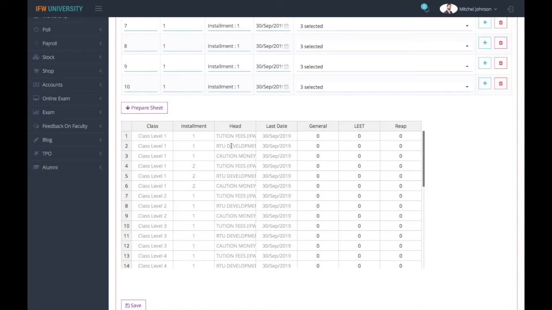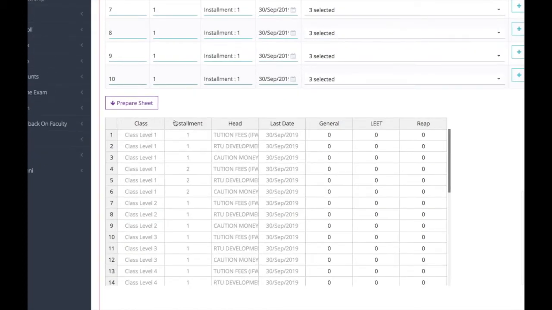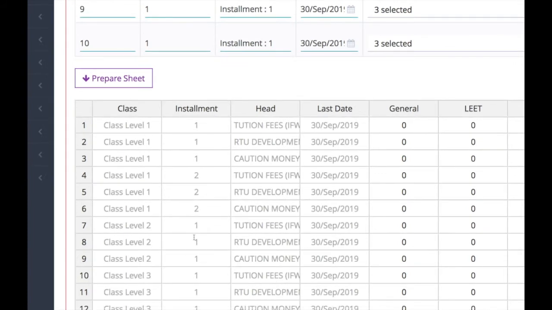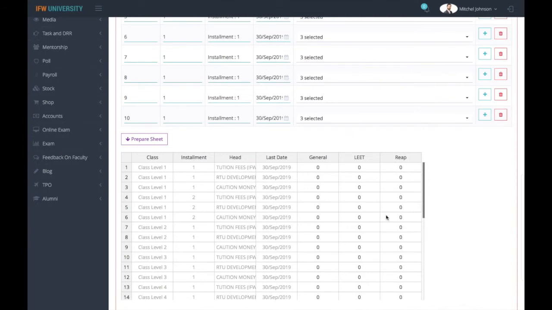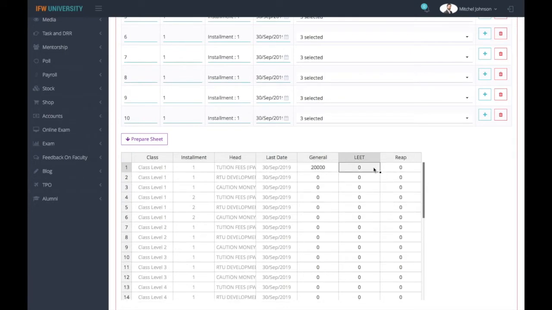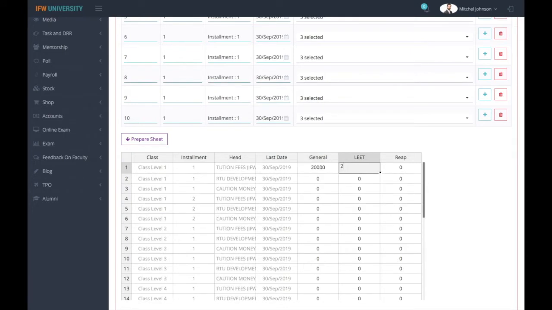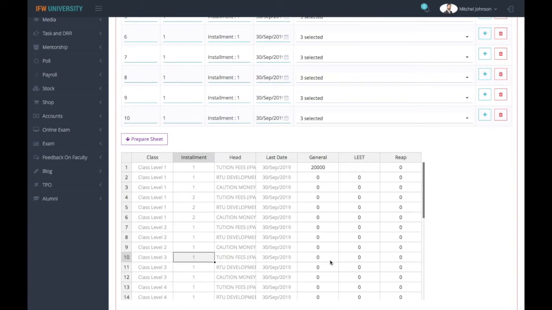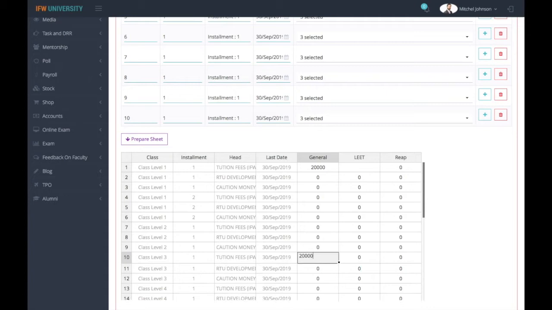your amount. You can see the fee heads here, the class name here, and the installment names in the middle. For the first semester, we have 2 installments, and for all other semesters, 1 installment each. Put your amount here. What is the amount for tuition fees? And the category. For the general category, and for the lead category, lead will be those students who are getting admission from diploma to degree, in the 3rd semester. So their amount will be entered in the 3rd semester.